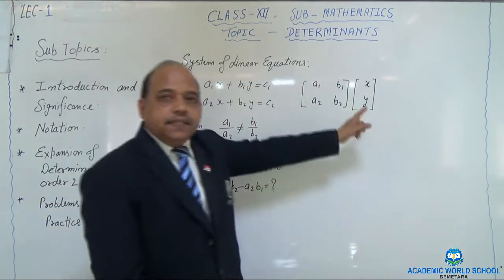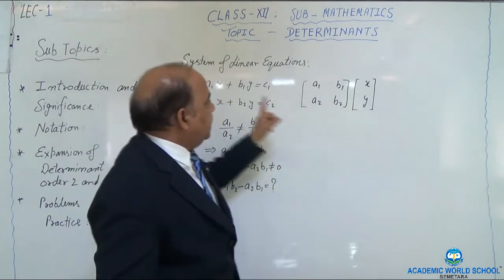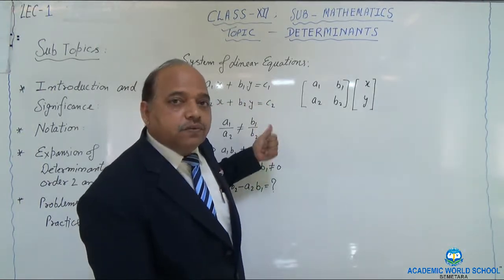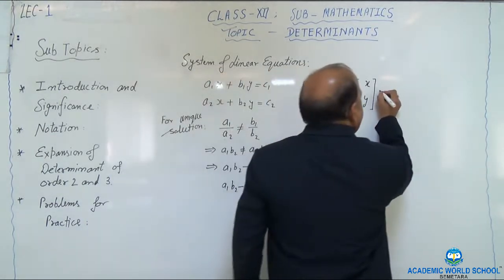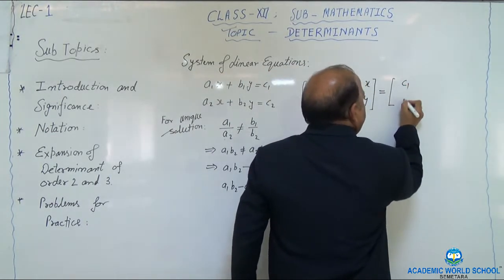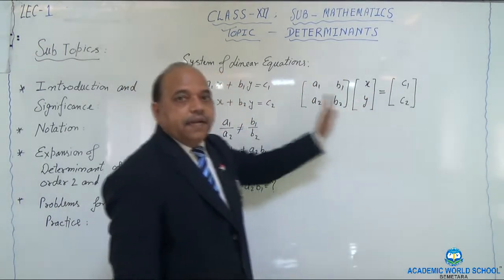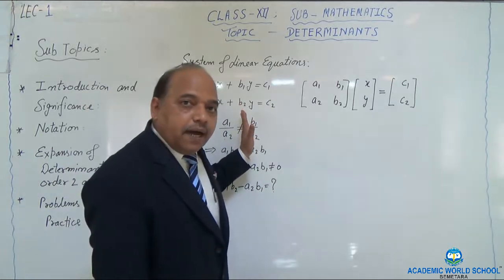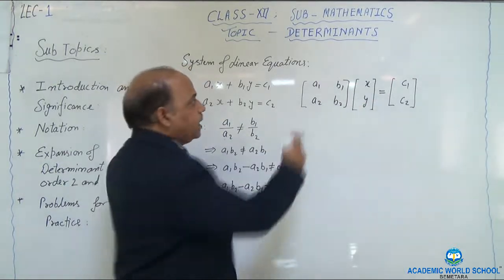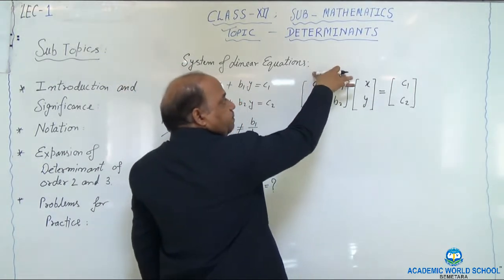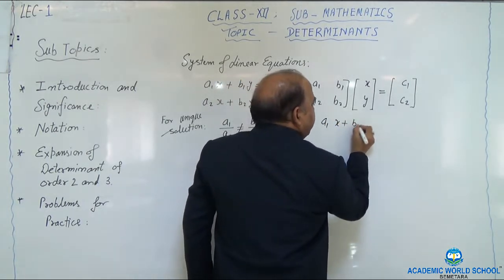Please see that. What is this? This is a matrix made out of the variables used in these two equations. x and y are unknowns, or they are called variables. So this is the variables matrix. And then we are equating this with C1, C2. Please look at this. How to ensure that what we have written is representing the same system of simultaneous linear equations? How to decide that? Just simply multiply. Look at this. A1, so you will multiply this row by this column, you will get A1 x plus B1 y.